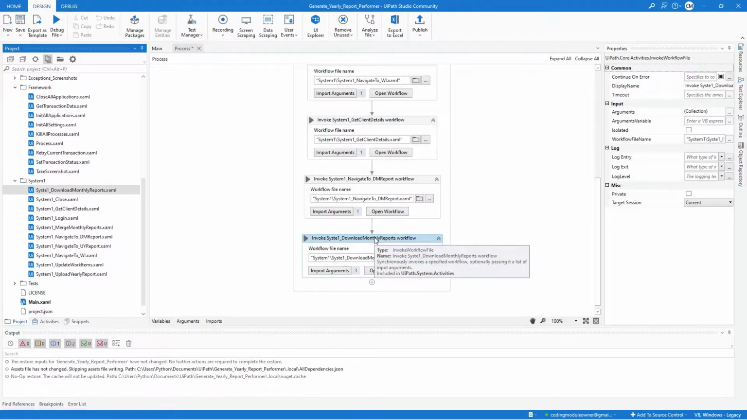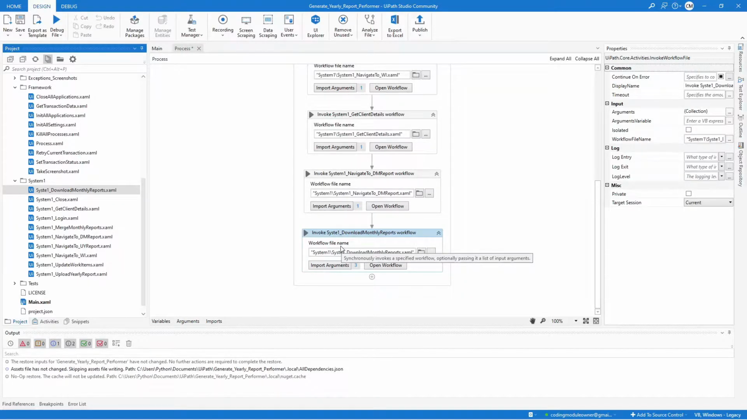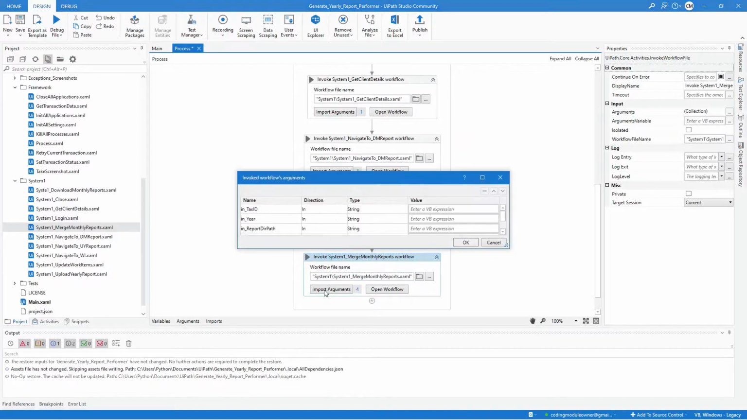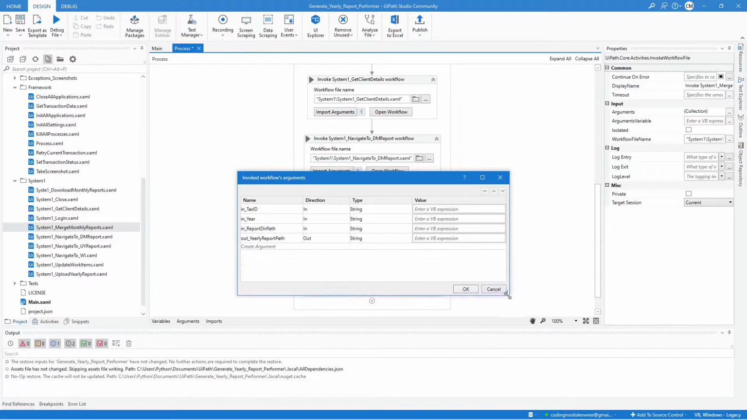So after downloading the tax ID reports, the next step is to merge the reports into one file called a yearly report. So let's invoke the System1 Merge Monthly Report. To do that, click import arguments